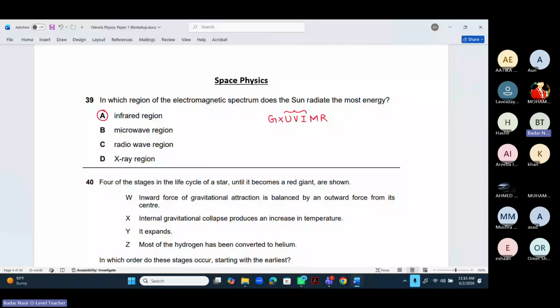So in which order do these stages occur, starting with the earliest? So सबसे पहले हमारे पास कौन सी स्टेज आती है कि इंटरनल ग्रेविटी कोलैप्स प्रोड्यूसेस. So this is our first stage. फिर उसके बाद हमारे पास